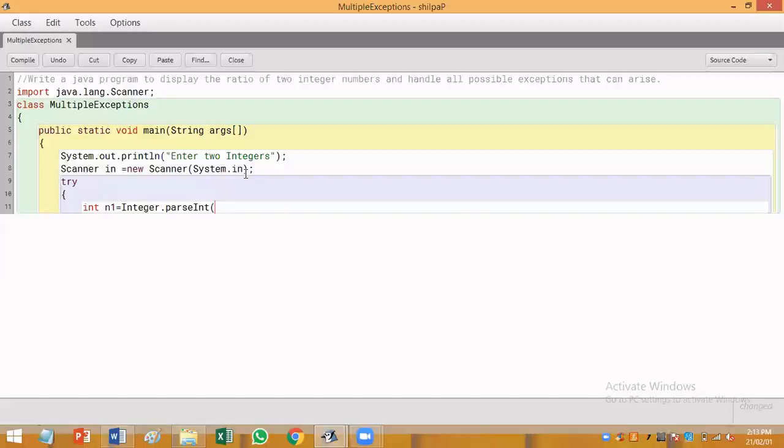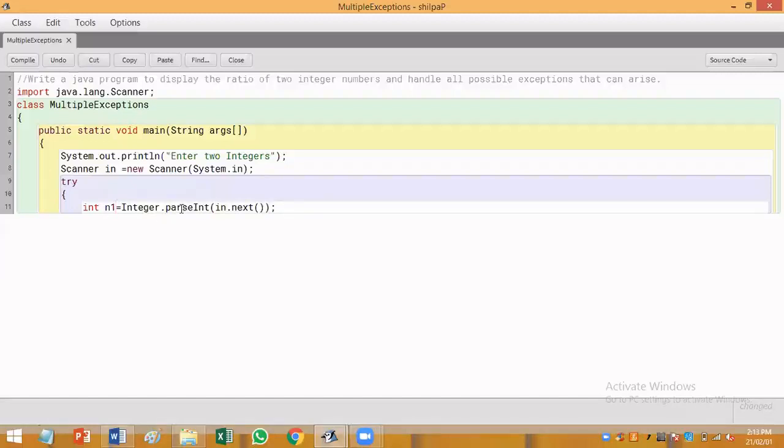Next, I'll catch that exception in the catch block. Okay. So I'll write in.next. This method, the in.next method, will read an input as a string. Okay. So using the parseInt method, I'm converting this string to an integer. Okay. And then I'll store this in an integer variable n1.